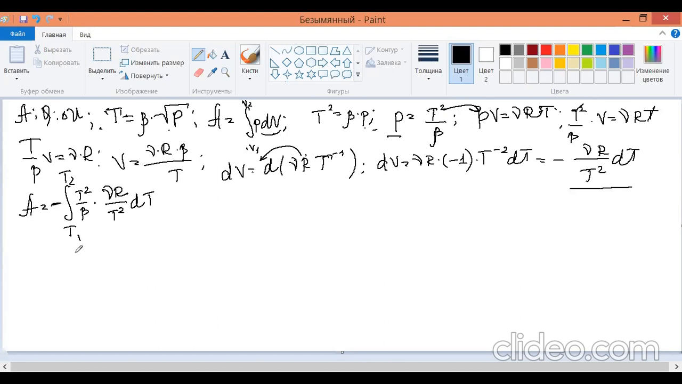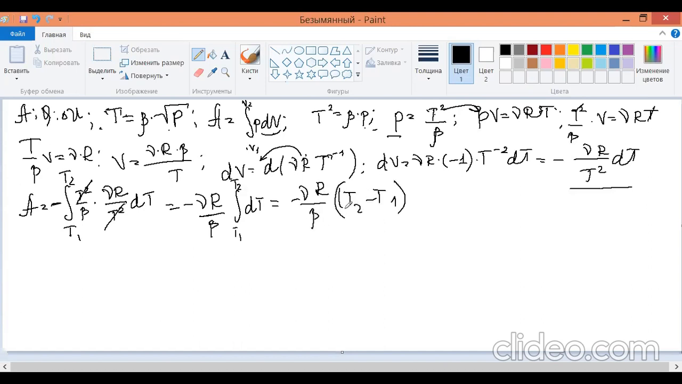Again, the very good thing is that we can reduce this fraction, and we will finally get that it's equal to minus mu times R over beta, yes, over beta, okay, integral from T sub 1 to T sub 2 of dT. Just very easy to deal with. Is equal to this one. Wow, that's great. That's great. So this is the formula, but